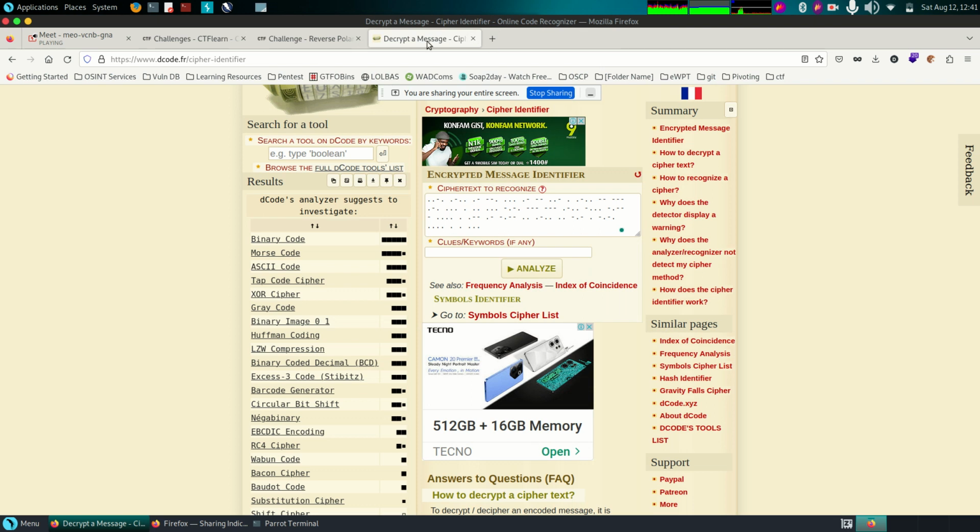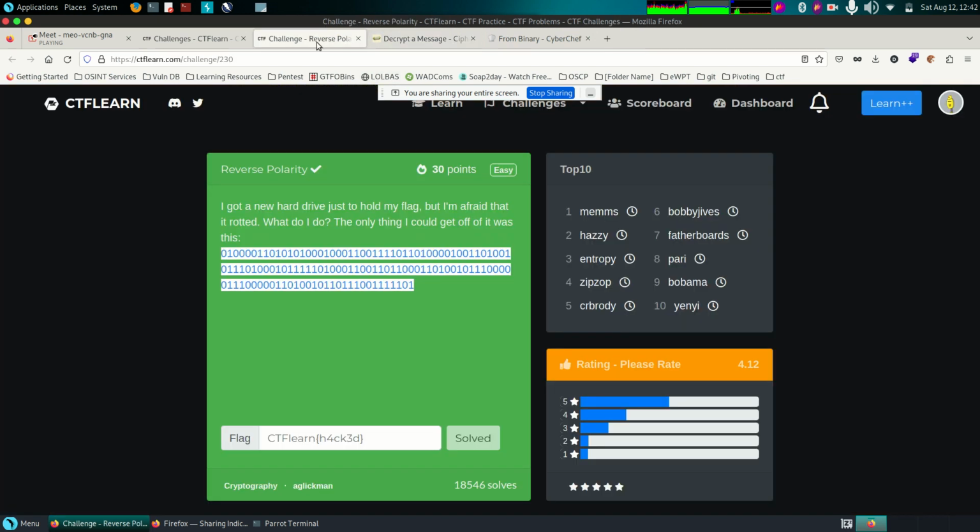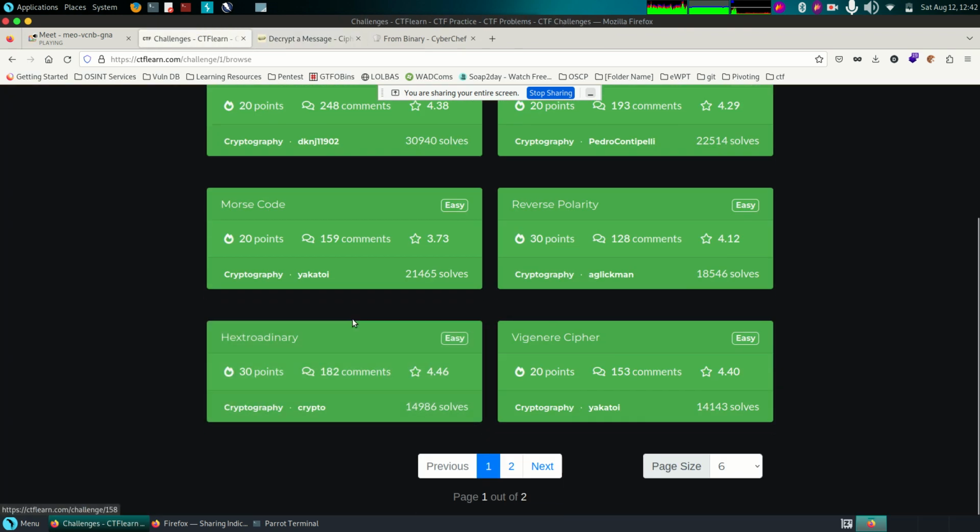So you can actually use your cipher identifier also too. I want us to try other tools too. So let's move to the next challenge. The next challenge is